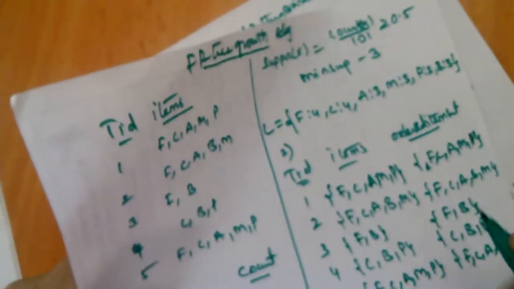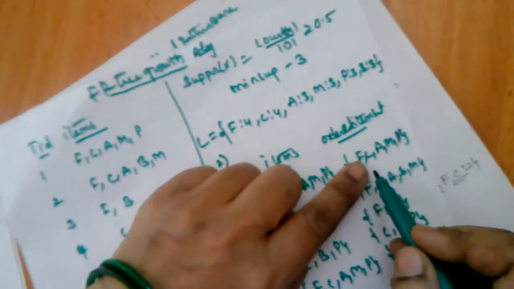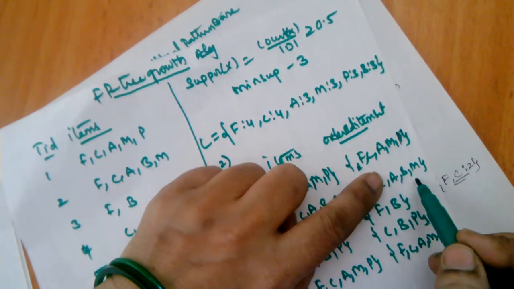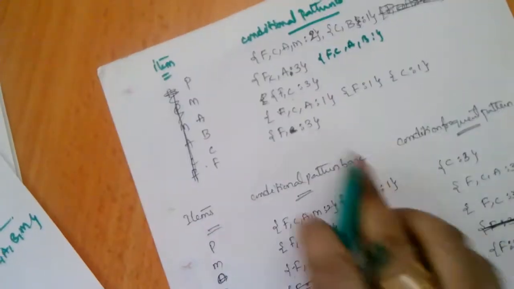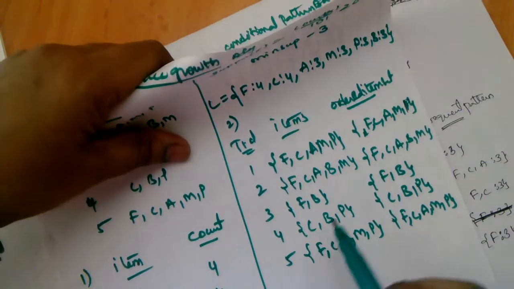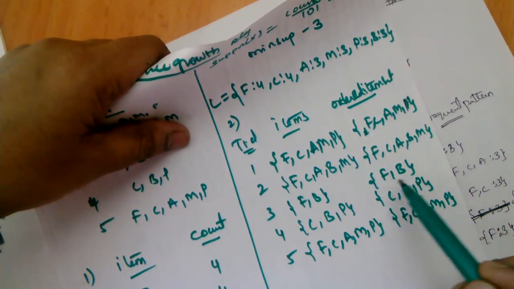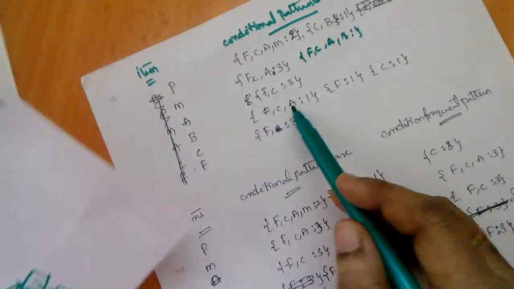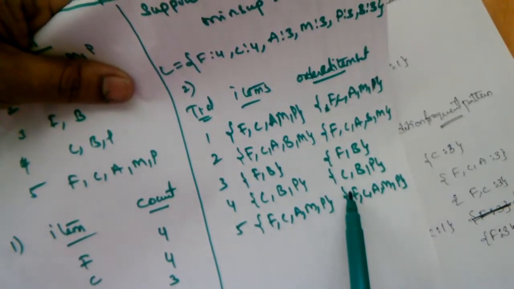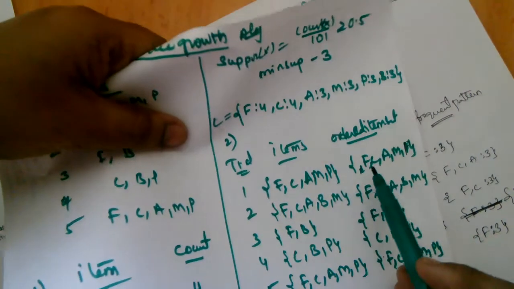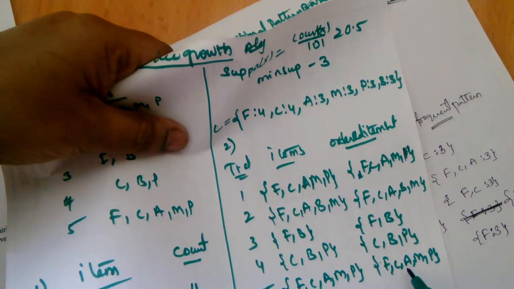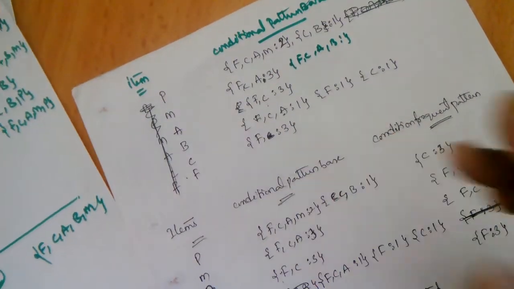To visit A, we have FCA 1, same FCA 2, same FCA 3. So I am writing FCA 3. Next we have B. For B you check. For B, same, only FCA 1 here. Okay. And for C you check. To visit C, you have 1 FC. That means F is 3.